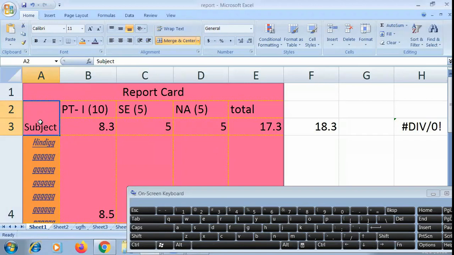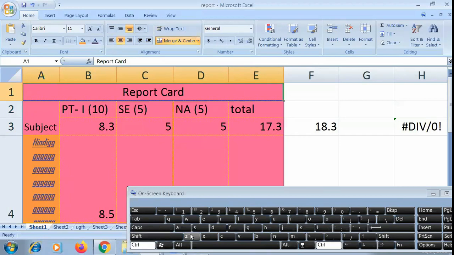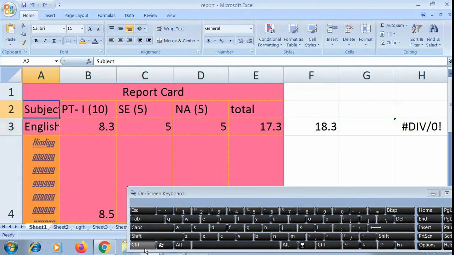So here it has two texts written. It has taken the top cell's value as the main text, and it has written only this. Okay, clear? So here we have converted two cells into a single cell. And here we have converted 1, 2, 3, 4, 5 cells that are in a column into one cell. Okay, clear children?